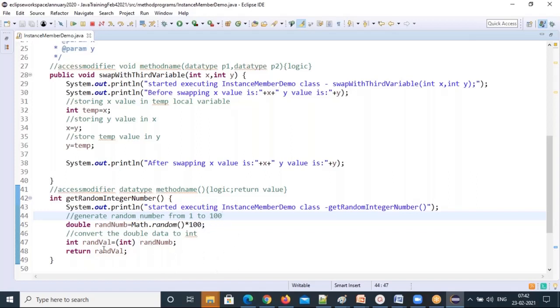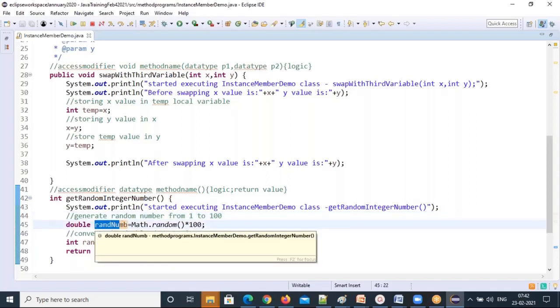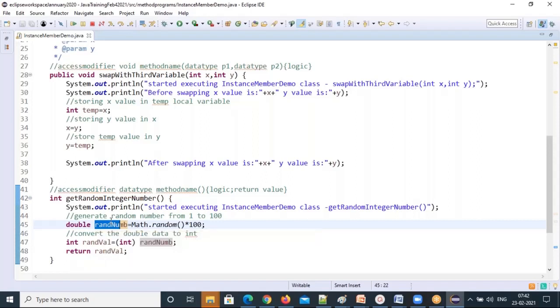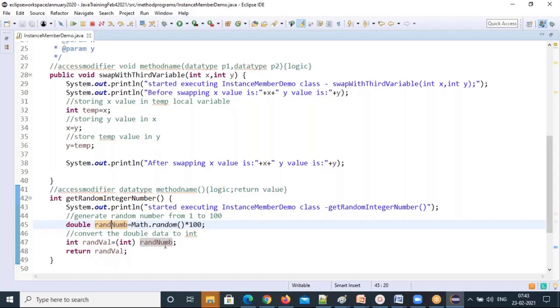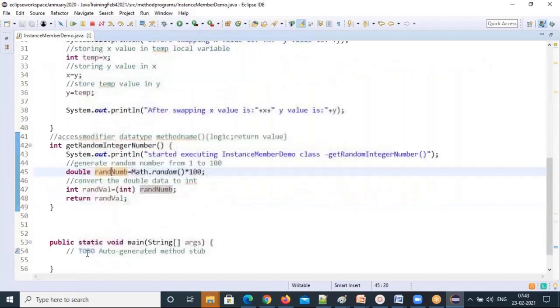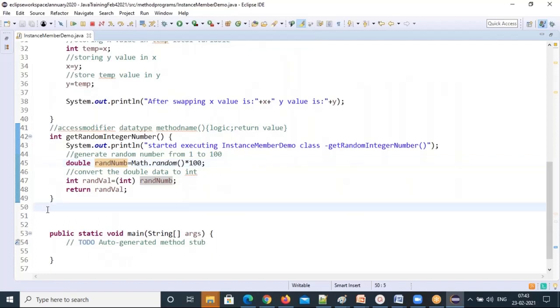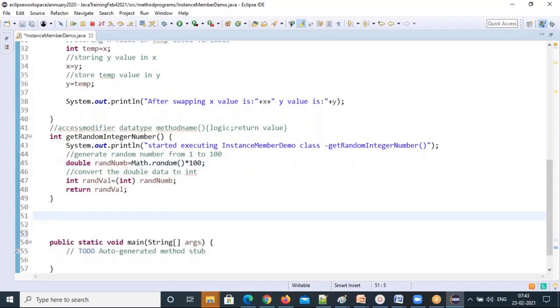So we are converting into integer format. Basically you will get a double. How will you convert a double into integer? Do a typecast. Both are numbers only, right? But the data types are different and also the memory sizes are different. You can convert the right side one into integer format, and you will get this integer value only. Does anybody have a doubt on this before going to the next method?